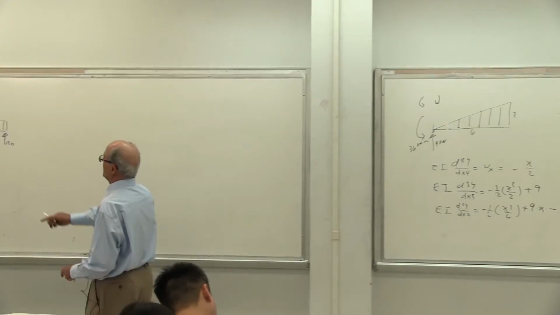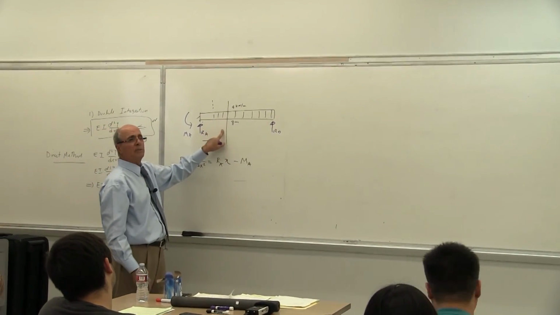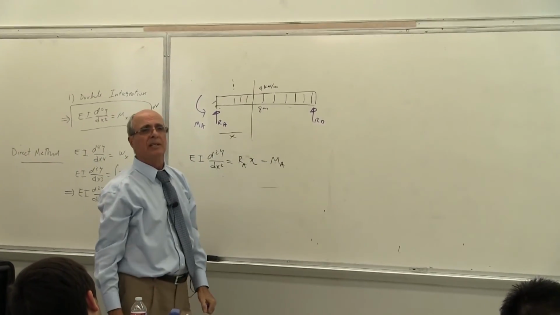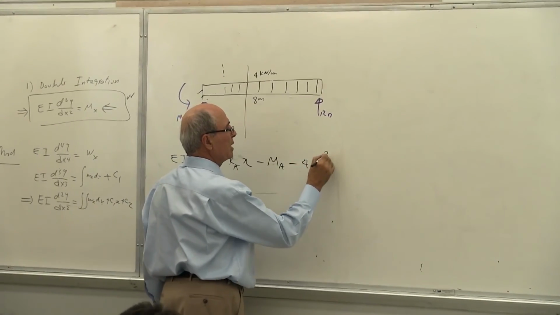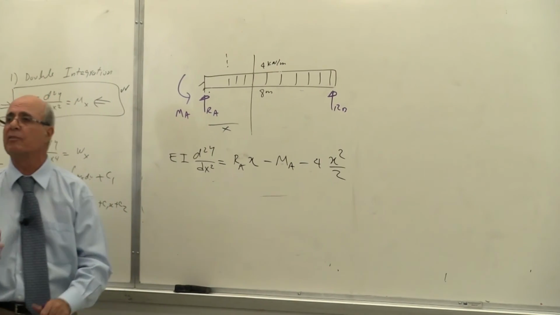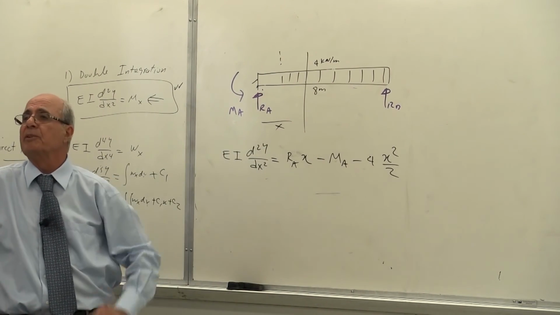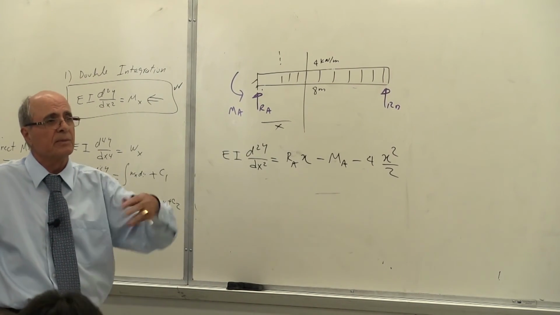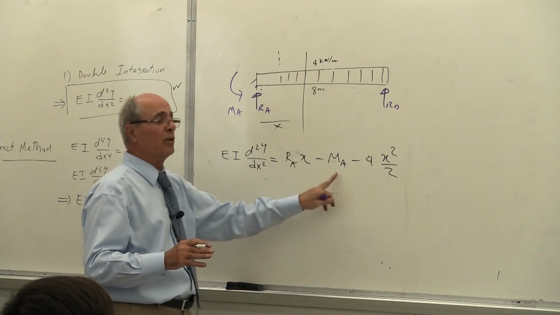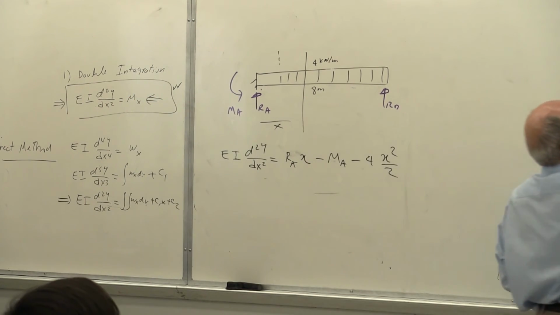It's not finished though. This is 1, this is 2. How about this load? What is that load equal to? 4 times x times x over 2, the action is positive, the reaction is negative. Very good. You see, you should be able to do that. After you do that once or twice in your homework, believe me, every one of you can look at it and write it down. Everybody understand it, yes? If it is too complex, then draw a free body diagram. But you have to get beyond this. That's it. Is that correct or not? Granted, RA is unknown, MA is unknown. Not yet. However, in this corner, I know this.